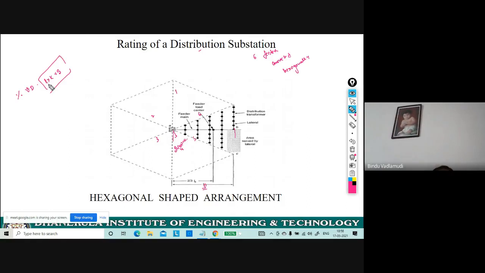And this value of L depends upon the loading of the feeder. How many types of loading of feeders are there? We have discussed three cases. The first one is uniformly loaded. Then what is the value of L? L is equal to